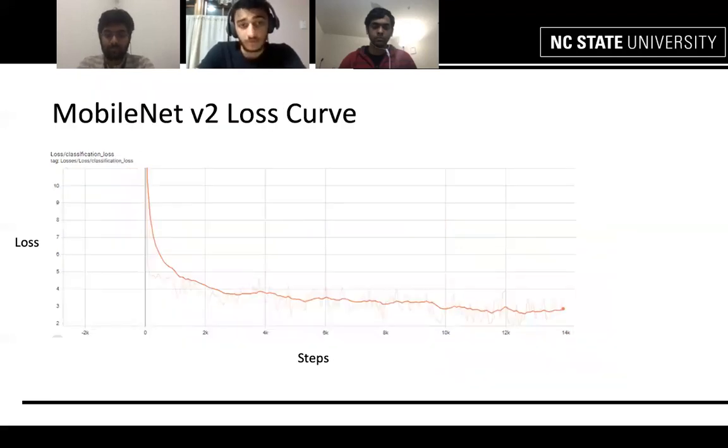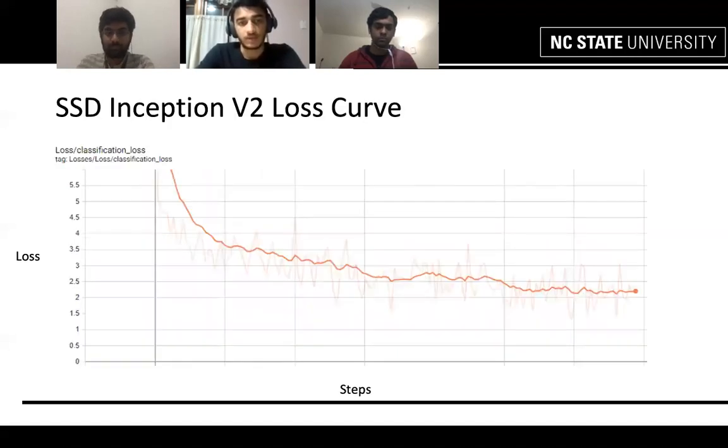However, in this case, when we ran it for quite some time, we could see that the loss considerably dropped, and it was maybe around 3 to 3.3. So at this point, when we tried to test our images, we could see that a few of the key points that were not being detected by MobileNet V1 were detected over here, and there was a better performance improvement. So we wanted to try some other architecture which was much better so that we get a better result.